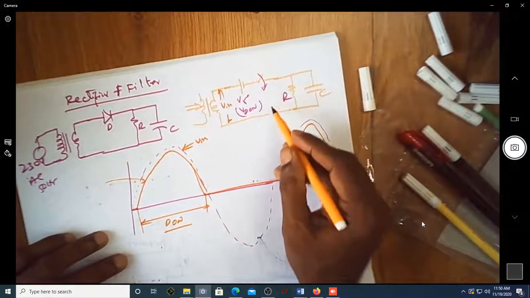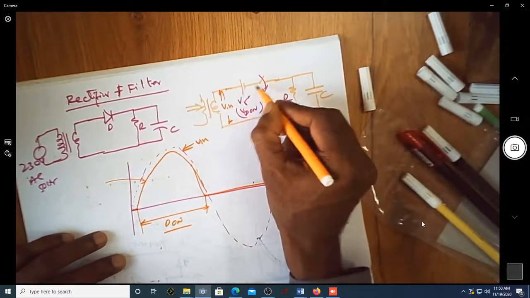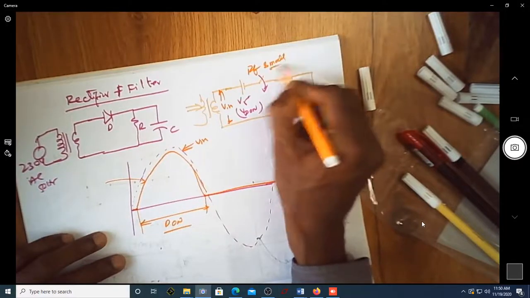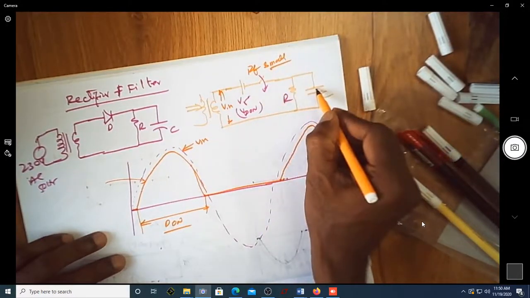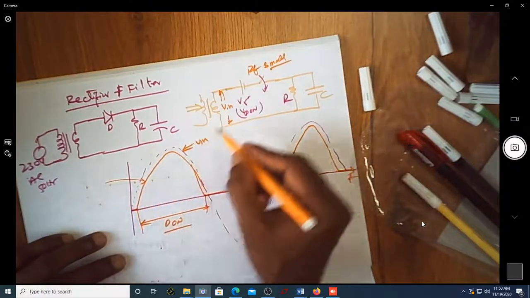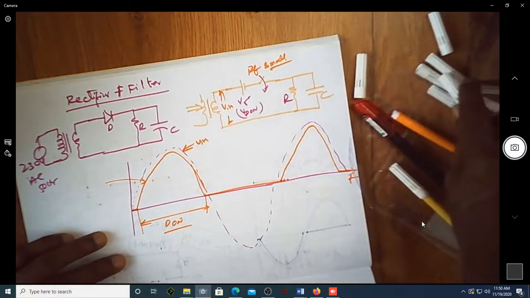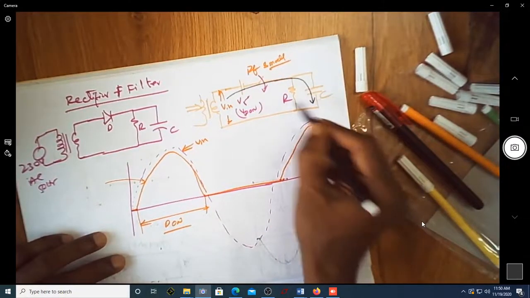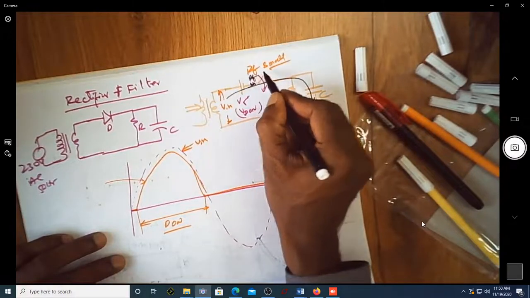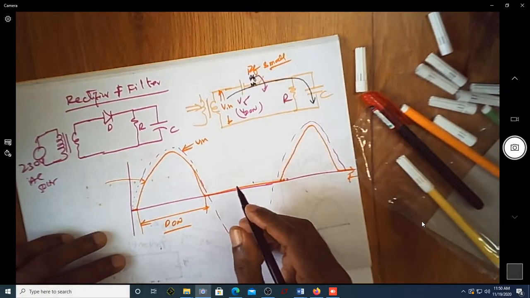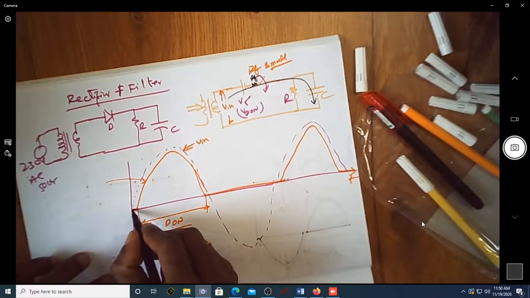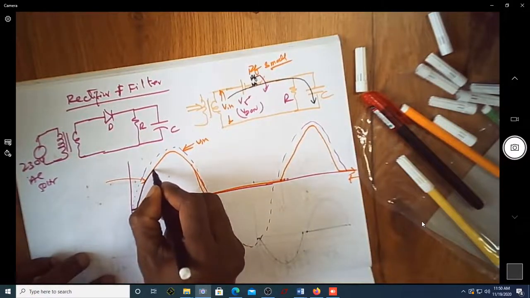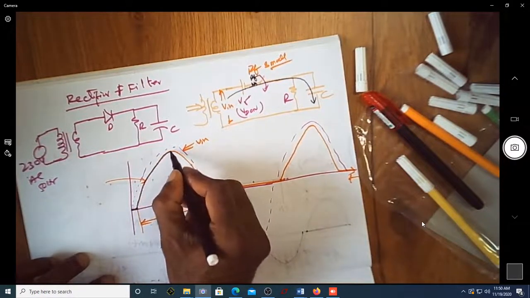When the diode is on, this diode will have a resistance RF which is very small in nature. This capacitor will charge to this voltage through this. Now you have this capacitor which is being charged to this input voltage. Since you have a small resistor RF, the voltage across the capacitor rises instantaneously along with the input voltage. You can see it went here.